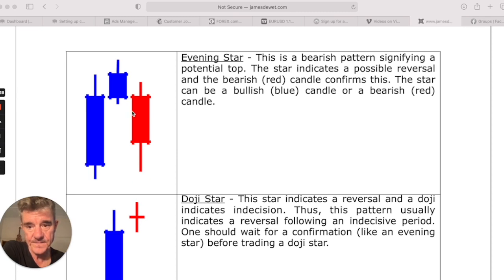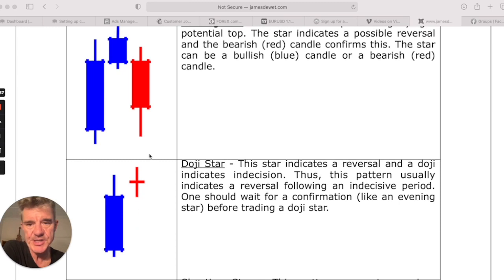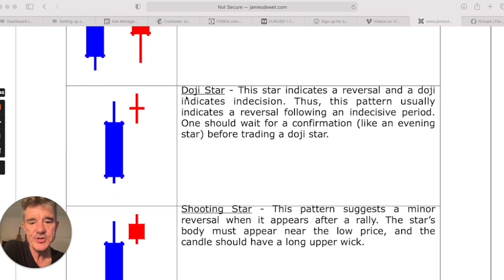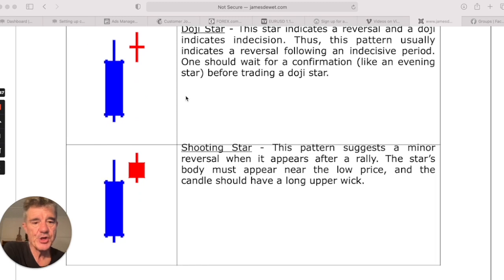So it would look very similar to this, except that we've got a star, a doji at the top, both called stars. This is a doji star, and that's an evening star. One should wait for confirmation, like an evening star, before trading a doji star. The shooting star, again, this is